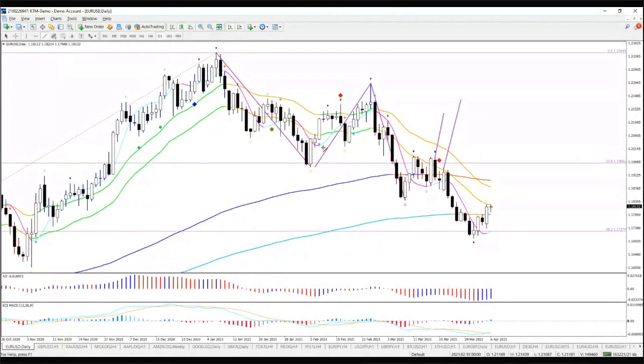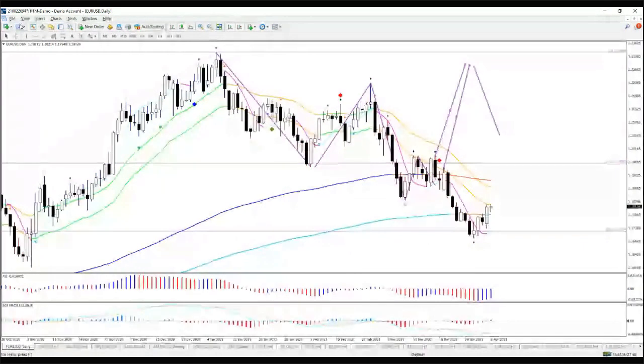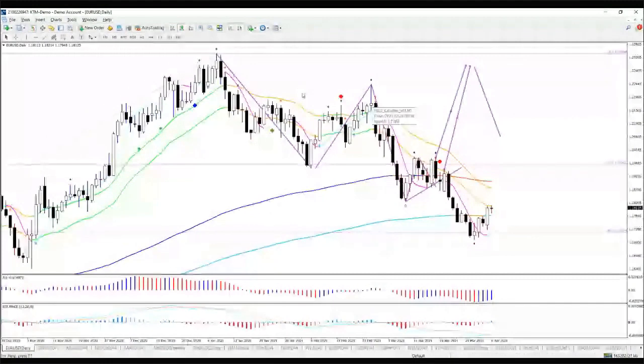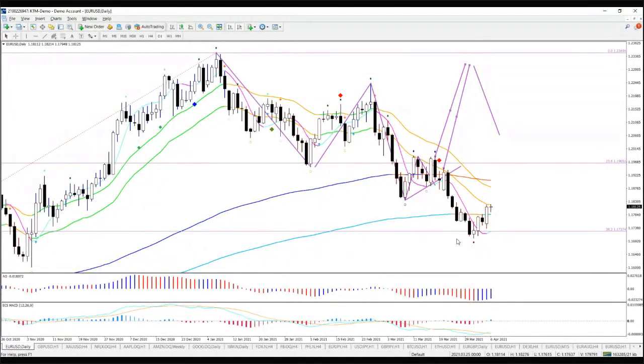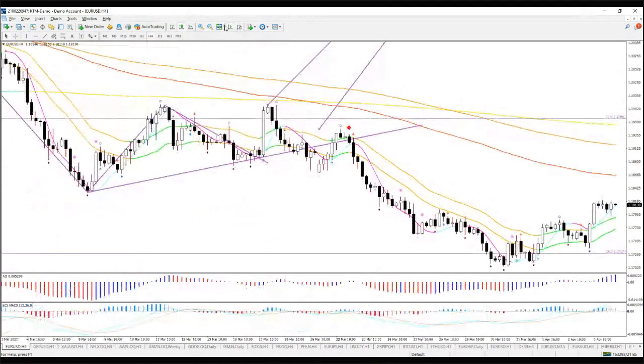I expected this ABC to finish A, and then another ABC like this to take price up for C up in here, and then a 5-wave pattern down again, probably, or a 3-wave pattern down like this. Now that didn't happen. As you can see, price actually broke to the downside, and we got an extension of the wave C. So the good news for me is that,